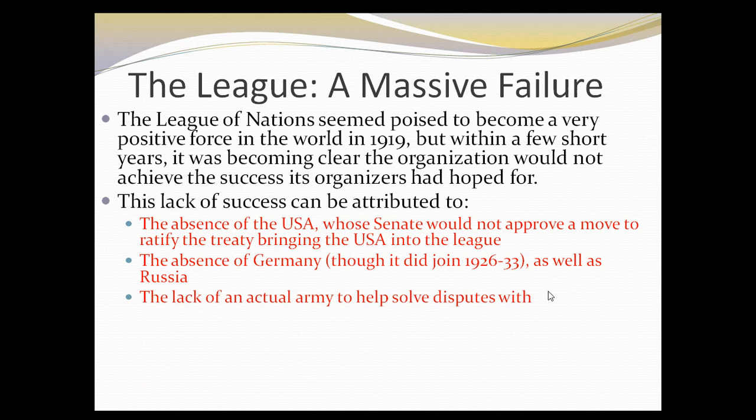One of the other issues was that they didn't have an army to solve disputes. If there was ever a threat from one country towards another, there were often recommendations made by the League not to do so, and sometimes sternly worded statements that these sorts of actions would be inappropriate. But the problem, as we'll look at in the next couple of points, was that when countries became aggressors, whether it was Germany or Italy, as they started to grow their military-based nations in the 20s and 30s, and Japan as well, unfortunately nothing really happened. Quickly it became kind of a joke that the League of Nations never really did anything.